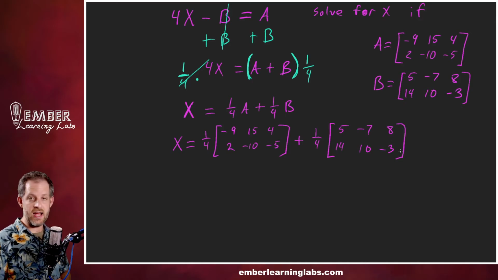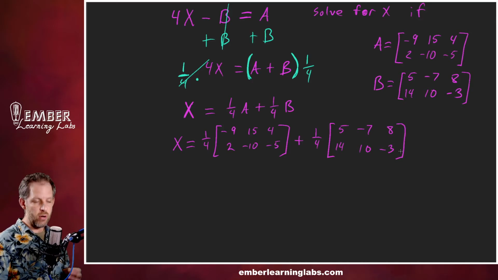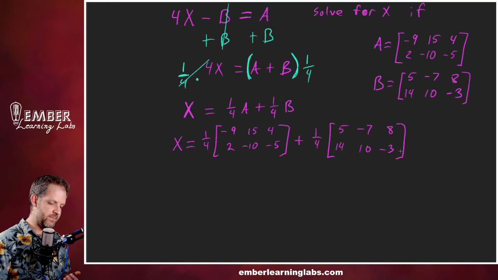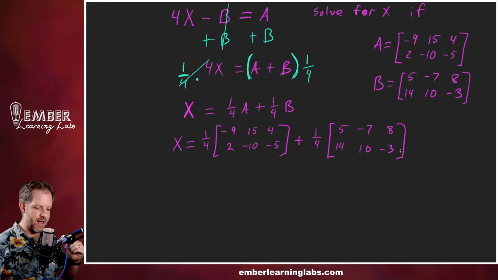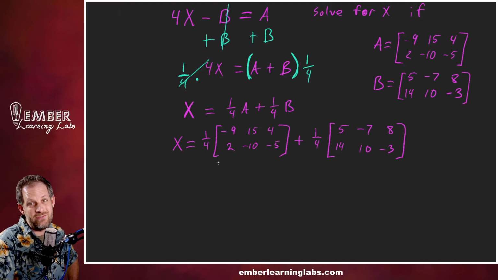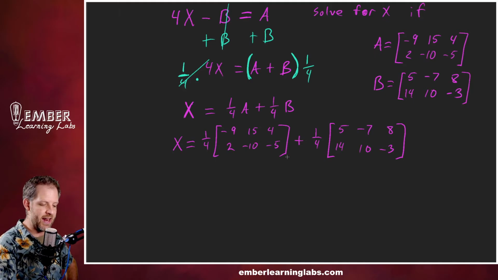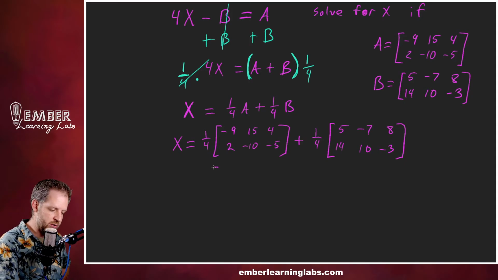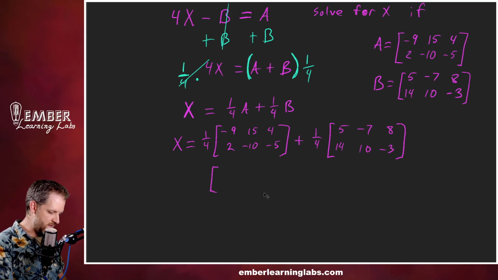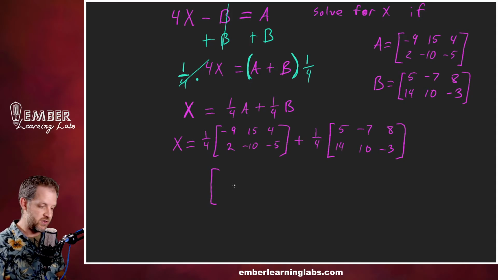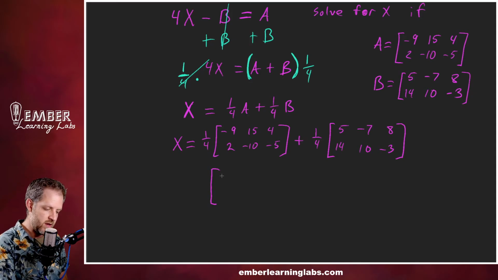Now, when I multiply these scalars out, I'm going to leave that denominator on there, and we'll keep an eye on how it's going to look, because when you add fractions, which is what we're going to do next, you need a common denominator anyway. So I'm going to distribute this 1/4 in there, but I'm going to leave it just as an improper fraction. And I'm not actually even going to reduce it until the end, because it's just going to be easier to walk through, right? So this would be